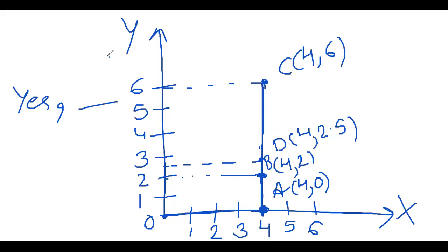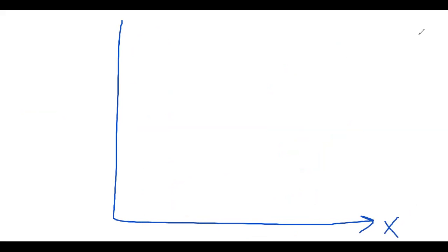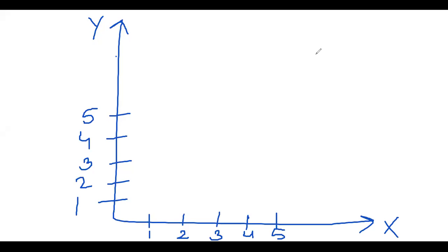So now here they have asked whether the points lie on a line or not. So yes, they lie on a line. Let's try one more for this second one. For this, the second is again the same, x, y. So it's 1, 2, 3, 4, 5. You have to take the equal gap here. Then the first point is P 1, 1. So x is 1, y is 1, this point